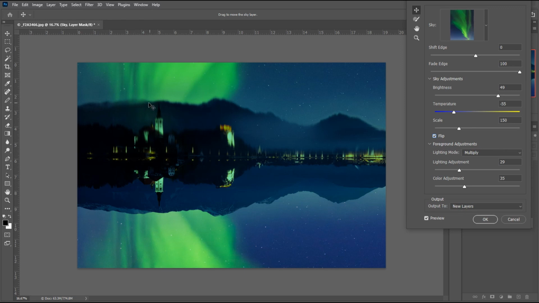Now we can check here, see that everything's okay, it's not overlapping, but we can see here that there is some overlap. Can you see this bit of haloing over the mountain peak on the right here? This doesn't look quite right. That's where we can use the shift edge. Okay, there we go. Now if we pull this down a touch,